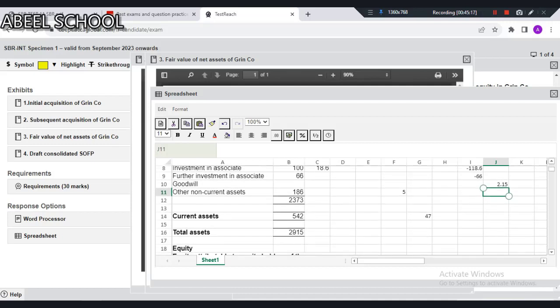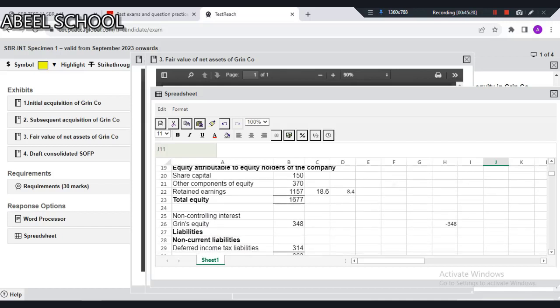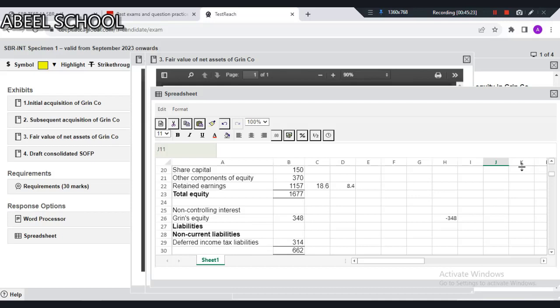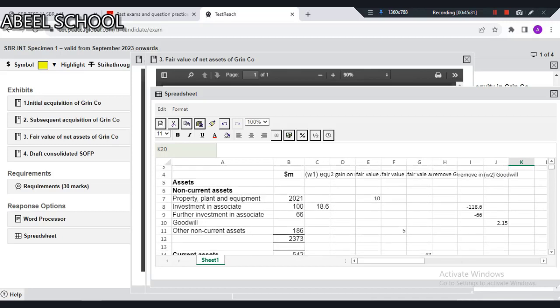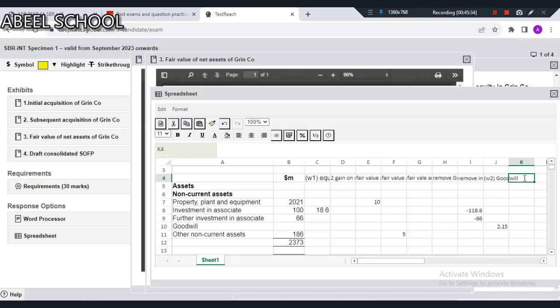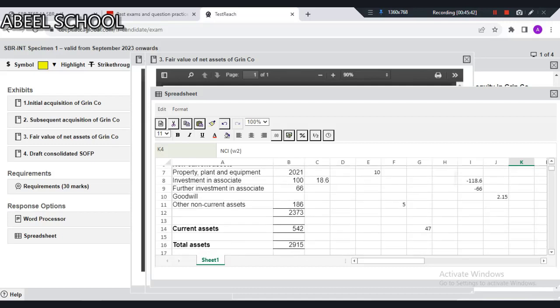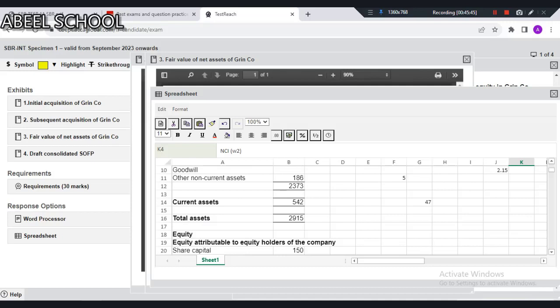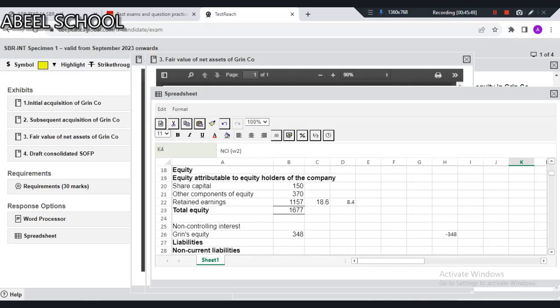Now what? Let's show non-controlling interest. NCI. NCI can be seen in the working too. It was, I think, 206.8. 206.8 is the NCI. Now we need to check and adjust the deferred tax liabilities, because non-current liabilities will change